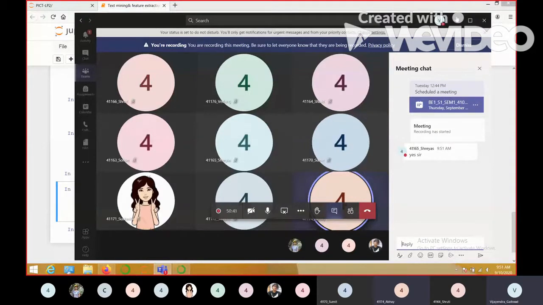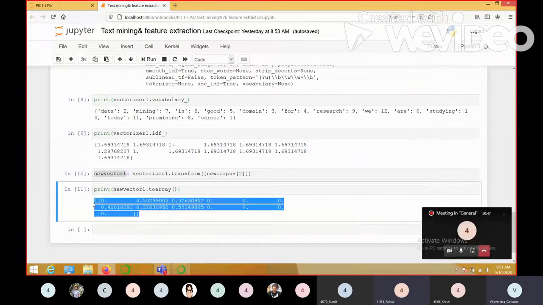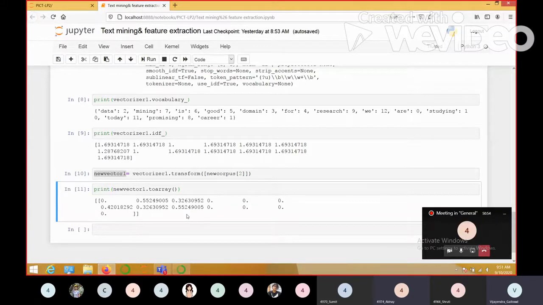I am asking which of the values that you can see in this particular array is the highest value? 0.55249005. Okay, 0.55. This is present at which index?